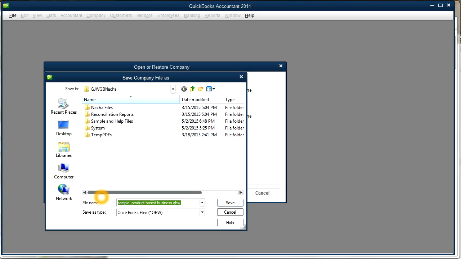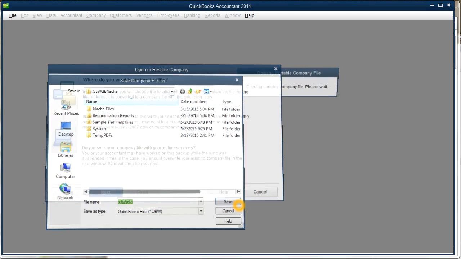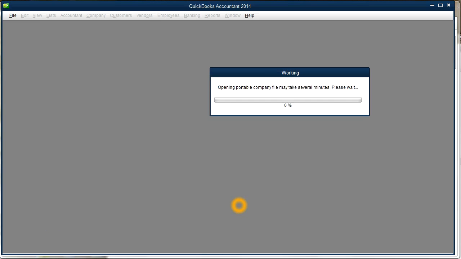This is a sample file on all QuickBooks files, so you're going to want to change the name a little bit so you do not get a "this file already exists" error. In reality, this takes about 5 minutes. I'm going to skip ahead here in a second, but explain the first step,